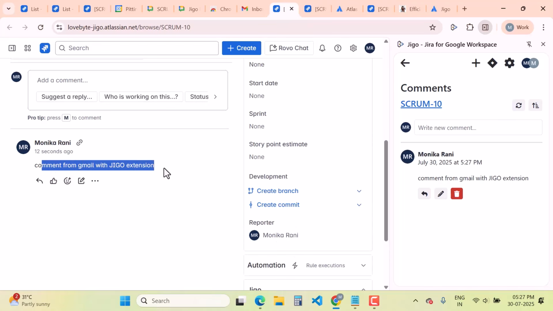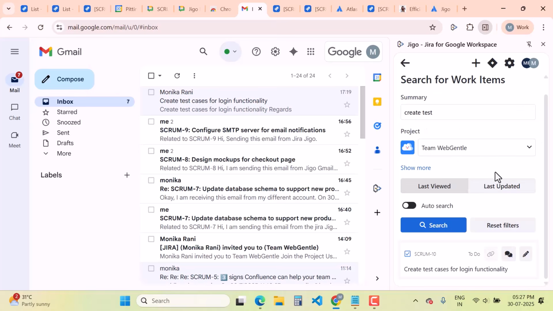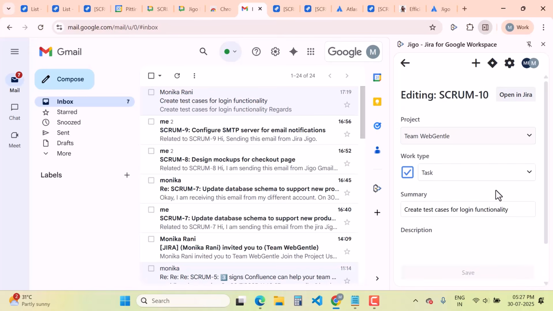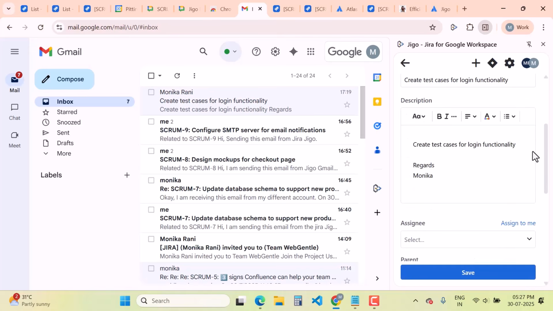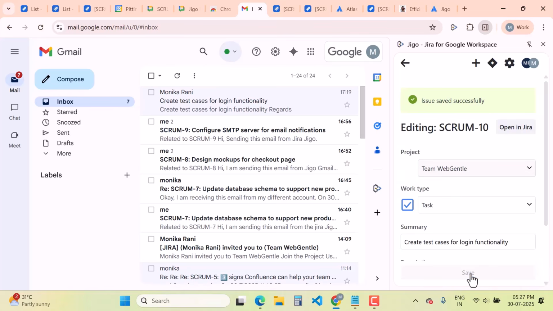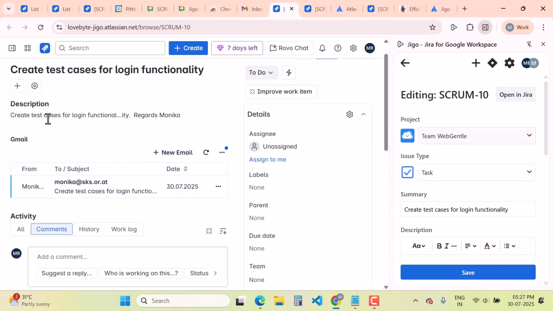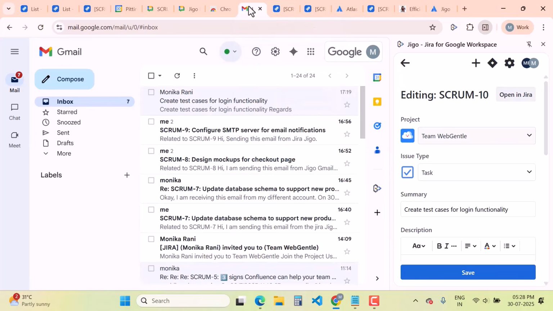Now I will come back to this screen. I will go back and edit this particular work item. So I can come here and edit it. Let's suppose I just edit this one and then save it. Now I will go to Scrum 10 again, and here you can see the edit is there. So this is how you can search your work items and edit them in the JIGO browser